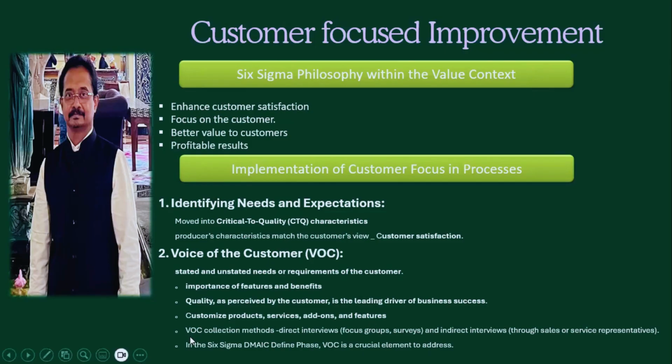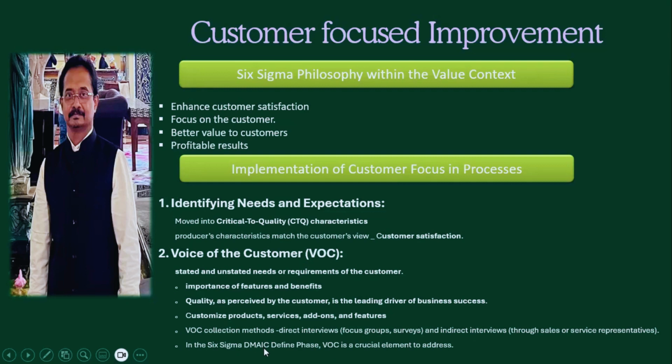When it comes to general organization or general management, we don't know what the client expectation is. For example, take a customer-focused product. Say I'm planning to release a new soap in the market. I don't know what my client requires, what the customer requirement is. It will go for a focus group, then a survey, then indirect interviews, to get the needs of the people. Based on that, the product is released to the market. But we are fortunate enough; we are very clear what our client needs, and the VOC is very clear to us. It will not take a tough time to understand the VOC.